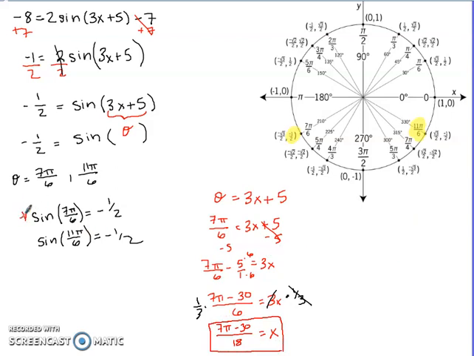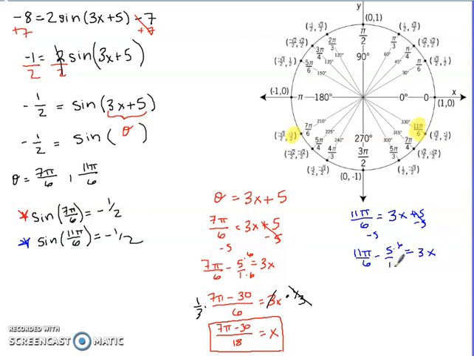So I took this first equation and solved by substituting my 7 pi over 6 in for theta to find my value of x. I'm going to repeat that process by taking my 11 pi over 6 and allowing that to equal 3x plus 5. So my second equation, I know that that angle inside could be 11 pi over 6, and that could equal 3x plus 5. Subtracting 5 just like before, 11 pi over 6 minus 5 equals 3x,